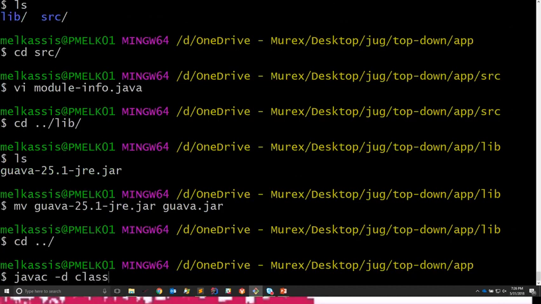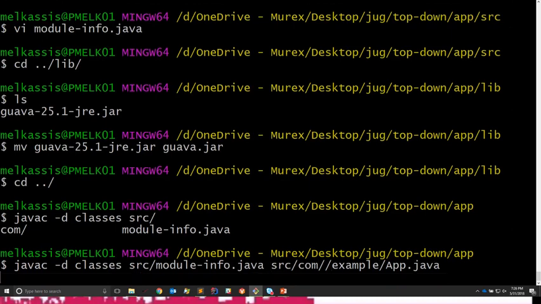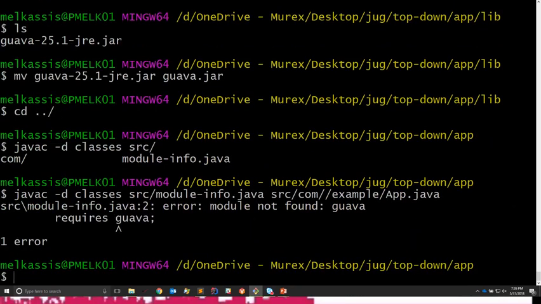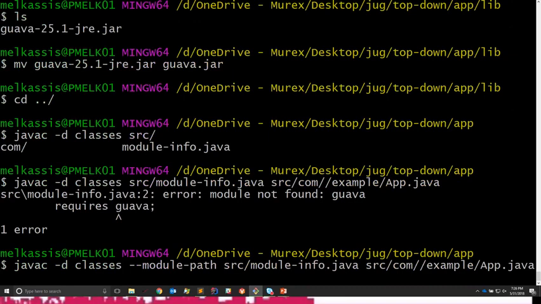So if I compile now, I compile the module info and the other classes. But for this case, it won't work because it requires Guava. So we need to add Guava on the module path. Like we said, to make it an automatic module, we have to add it on the module path. First, we specify the module path, which is the lib folder. And we add